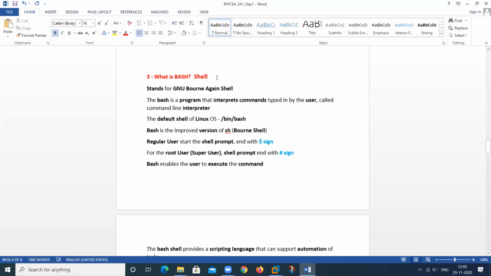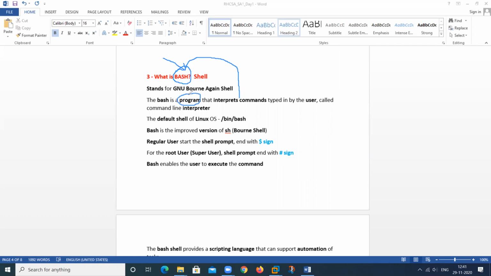Shell is like the Windows command line. In Linux, we call it the terminal, and in the terminal we use shell bash programs to write and interpret commands in Linux. So what is shell? This is bash. When we use bash shell, it means we use the bash program. When we type any command, it is interpreted through this particular program.